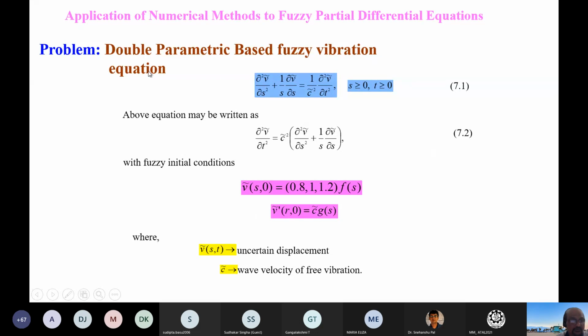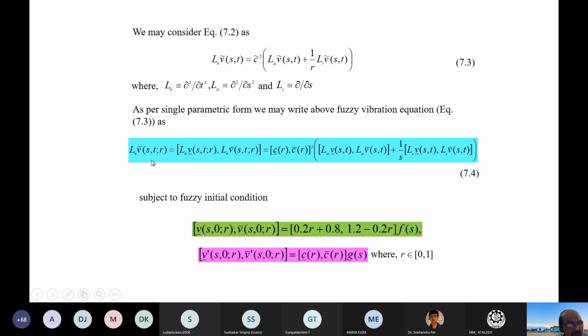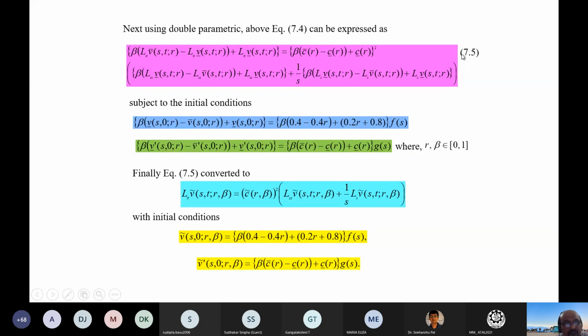Now, those are all ordinary differential equations. For fuzzy partial differential equations also, we can use the same double parameter solution. So this is the CTR, R is there, then beta fuzzy initial condition is there. Beta I have introduced here, equation 7.5. Then again it is converted to R beta form. Symbolically I can solve this and find the solution, put values of R and beta, and you will get the fuzzy or interval solution.